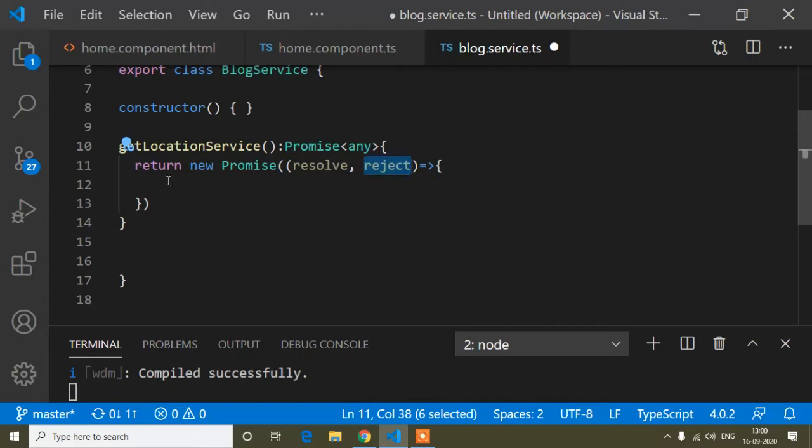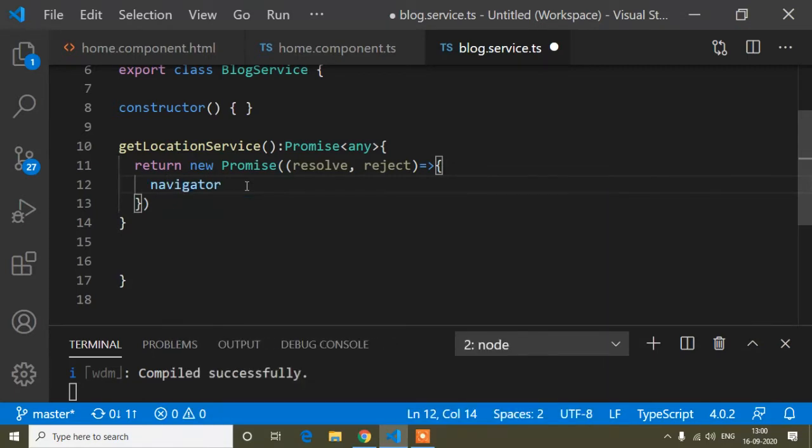So if our function executes successfully, then I will pass the value of the function in resolve, otherwise I will pass an error message in reject. So that's the promise. And now I will write the code to get lat and long.